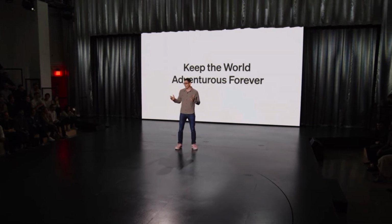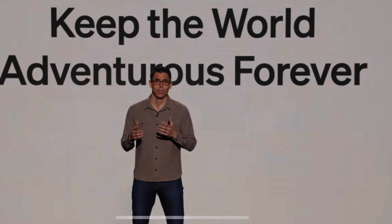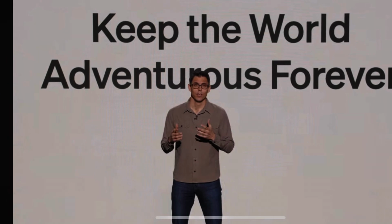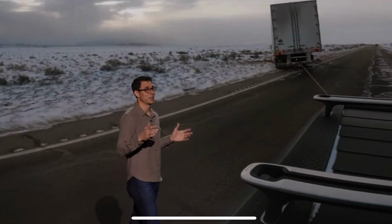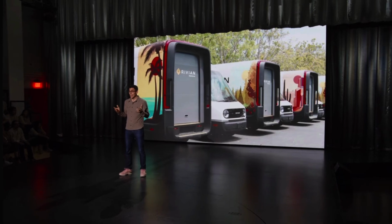Being adventurous forever is a big thing that they want to brand. He talked about the forever aspect of that and said that the company wants it to be a company for your kids and their kids and their kids. Then he showed an R1T pulling a semi out of a ditch, and went over some of the other products the company has, like the Rivian delivery trucks,